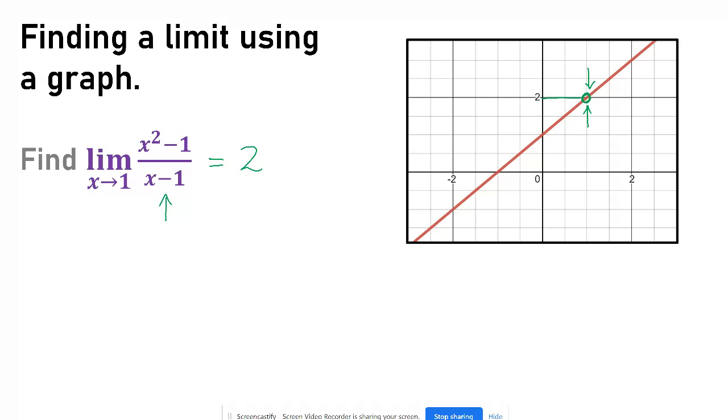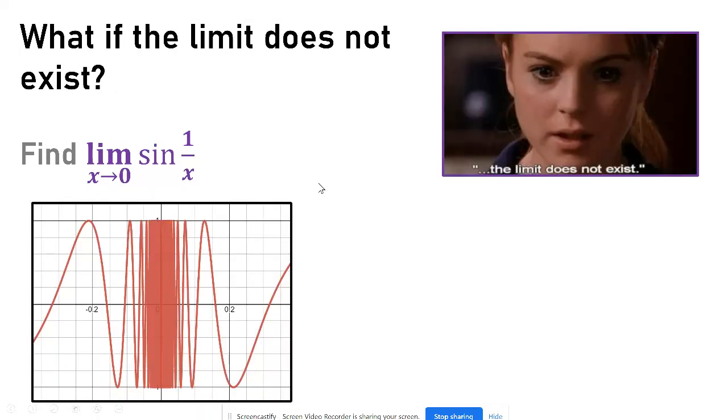All right. We also have situations where the limit doesn't exist. And I don't know if you've seen Mean Girls and if you recognize that reference. But there's two main situations we're going to be working with where the limit doesn't exist. And one is, and this comes up a lot in trig functions, where the function oscillates, where the function goes up and down. So here, it's asking what's the limit as x approaches 0 of sine of 1 over x. And we know that because